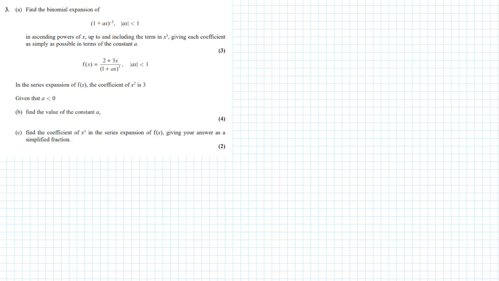Question number 3. Find the binomial expansion of part A, that is (1 plus ax) to the power minus 3, up to x cube. So that is 1 plus n times x, here x is ax, plus n(n minus 1)